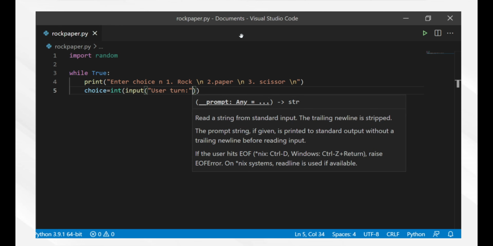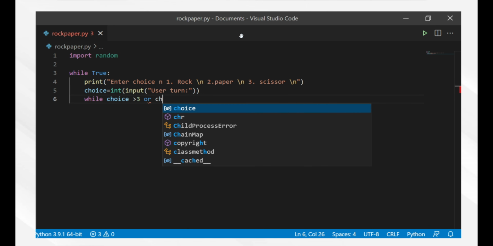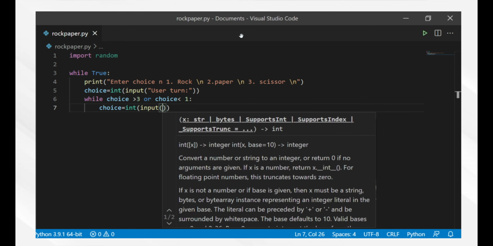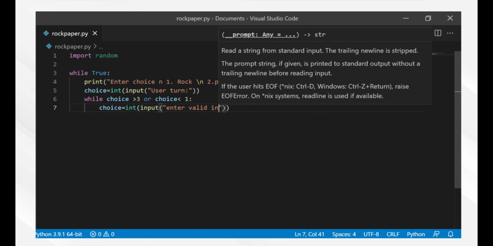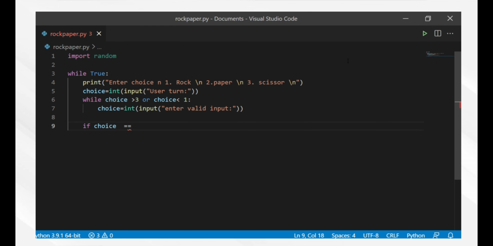Then I am using a while statement. The difference between if statement and while statement is that an if statement gives you once the possibility to do something or not, whereas a while loop does things as long as the condition is true. You also get to know about nested loops.